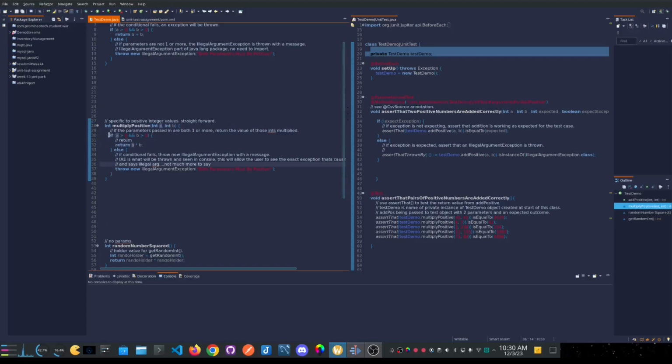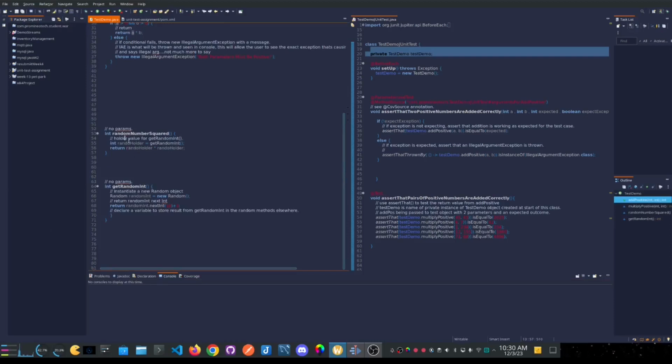And if this fails and the A or B is not greater than 0, we will throw the new IllegalArgumentException with a message: both parameters must be positive, just like we did up here. Same thing down here. Well, this one is squared numbers, so I have returned the random holder multiplied by